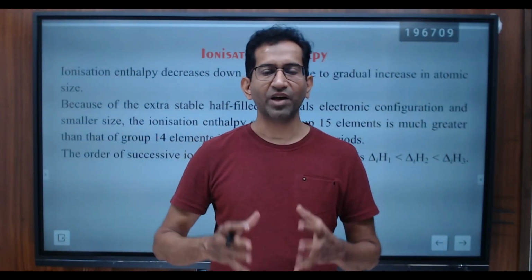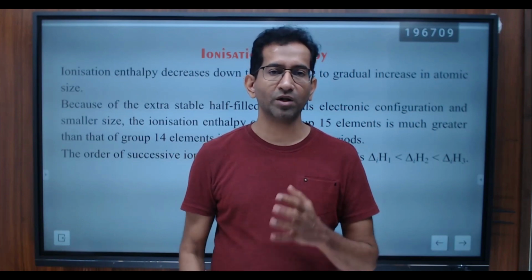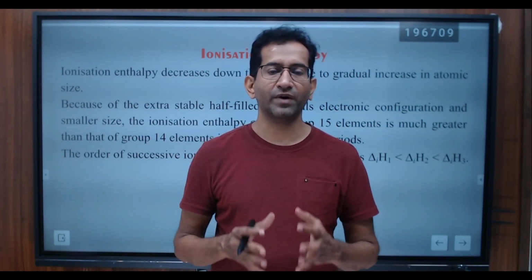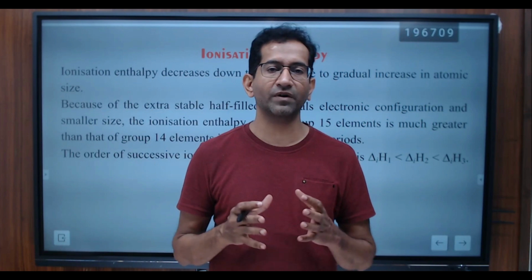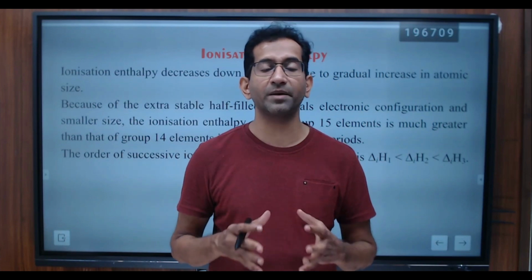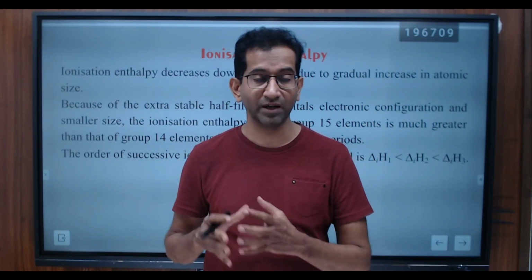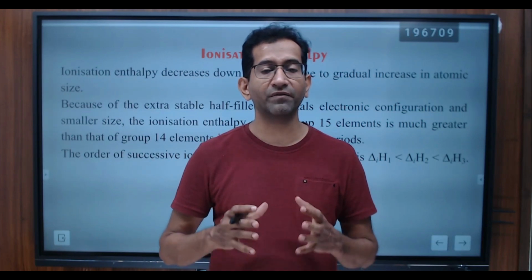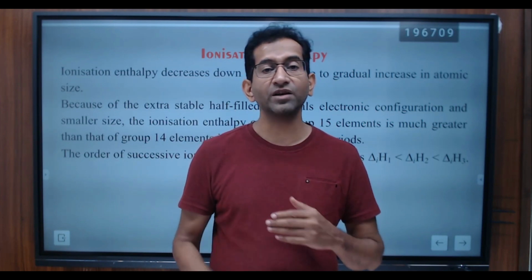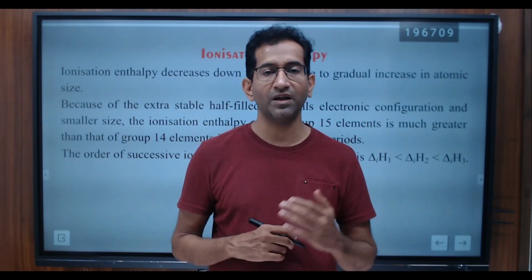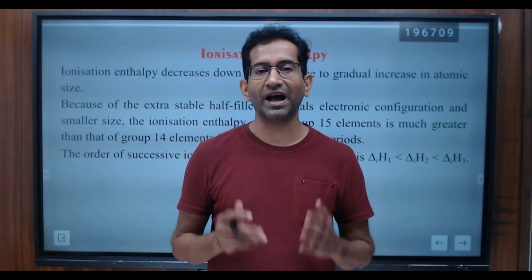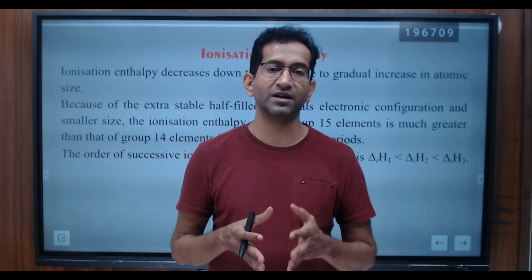Ionization enthalpy. Ionization enthalpy is the energy required to remove the electron from the outermost orbit. Now, this ionization enthalpy is found reasonably high in case of the elements of nitrogen family or group 15. The reason behind that is the stable electron configuration of ns2np3. np3 means what? It has half filled p orbitals, and it is a very stable electron configuration. If you try to remove one electron from this np3 electron configuration, being very stable, it requires high energy, and due to that ionization energy of these elements is reasonably high.